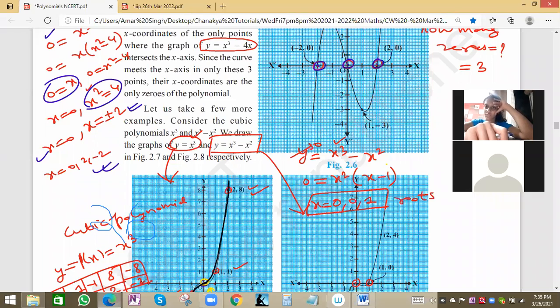And what are the values? Here we can clearly notice x square is here. So x square means 2 values will come from here, that means 0 0, and here 1 value because degree is